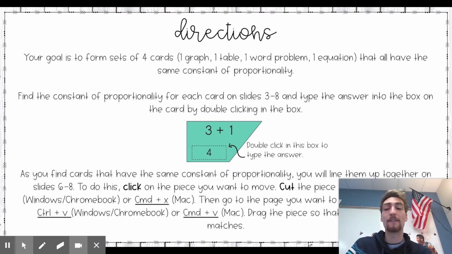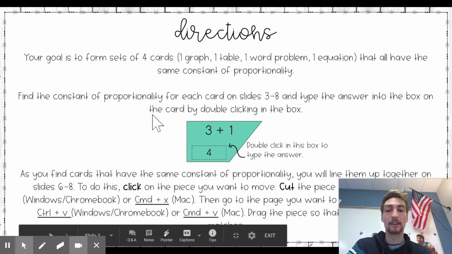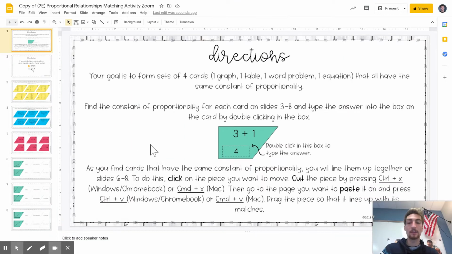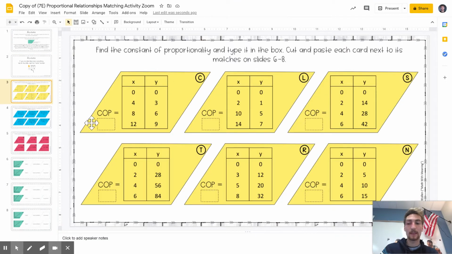So you're going to start off by finding the constant of proportionality for each card on slides 3 through 8 and typing the answer into the box by double-clicking in the box. All right, so we see our example here. If it says like 3 plus 1, you're going to double-click in that box here to type in 4. And then what you're going to do is, after we find the constant of proportionality, so if we look at this